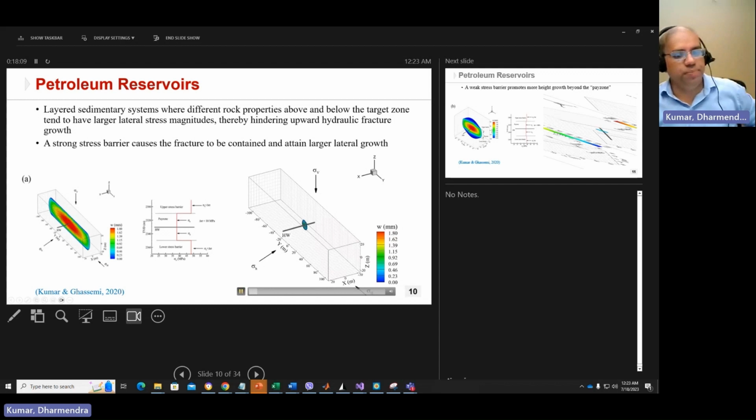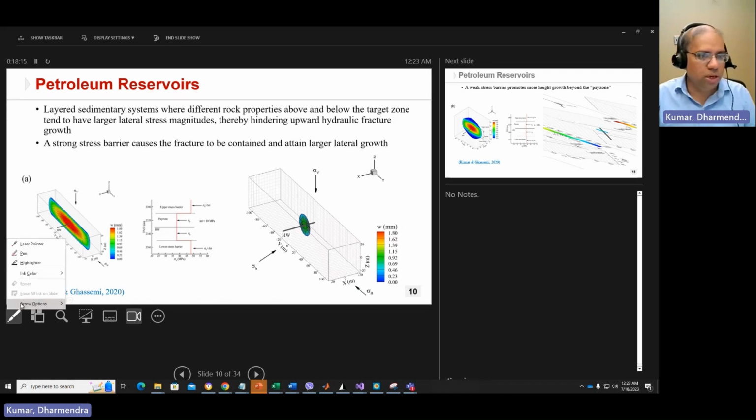And now let's see how the hydraulic fracture will propagate in this case. Initially, as long as we are here in the pay zone,